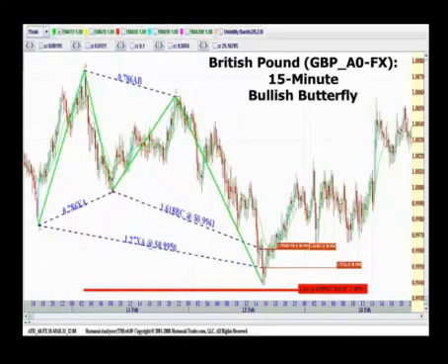We're looking to take action and execute immediately after the completion point of the pattern. But in this case, despite exceeding that 127 XA leg, it did not continue lower, and it held above that 141. If we were looking at this pattern and we were waiting for the entire potential reversal zone to be tested, that